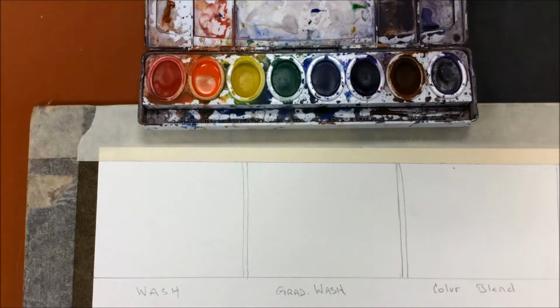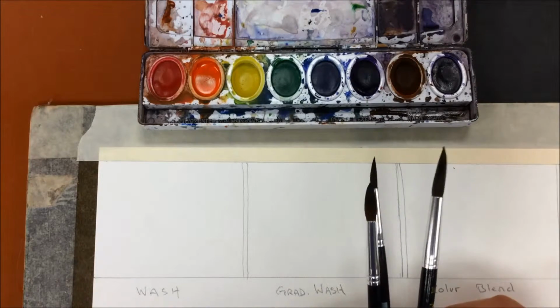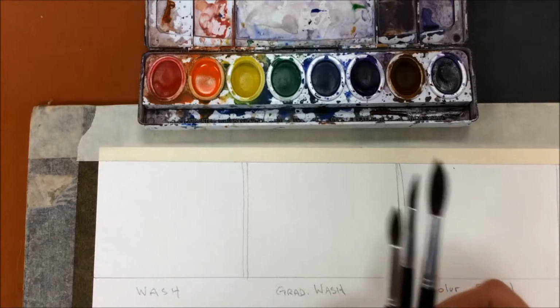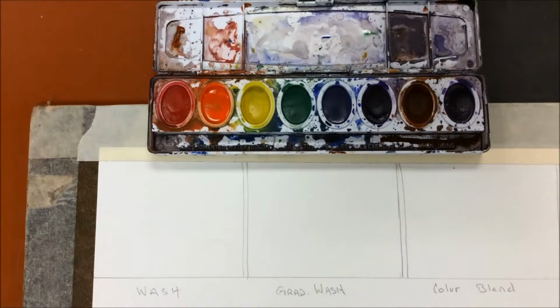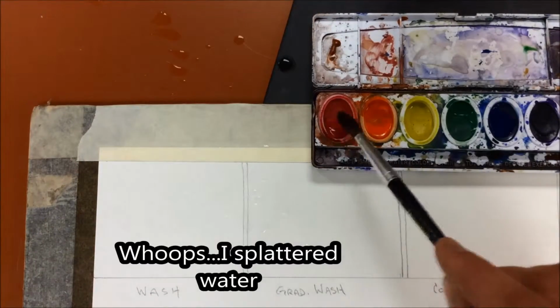Most importantly, to begin with any watercolor assignment, be prepared and set up before you start laying down any pigment or color. I have some brushes ready to do the job. These are 3 different round brushes that I'll be using today. On my right, because I'm right-handed, is my water. I'll slide this a bit closer and I'll begin carrying over water